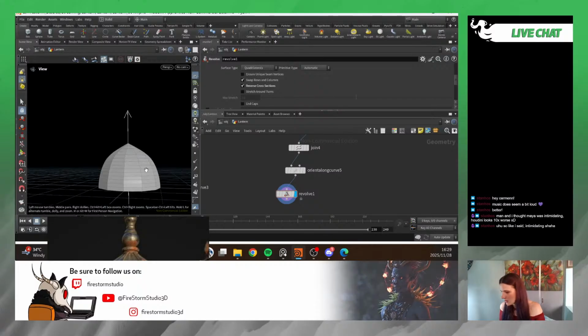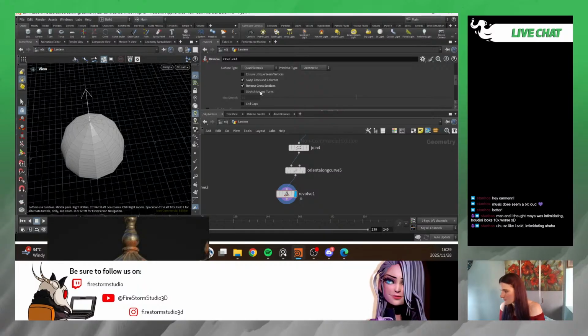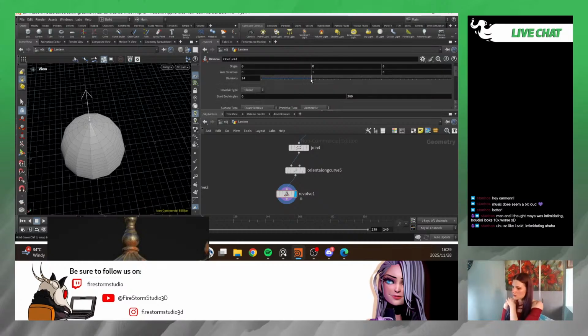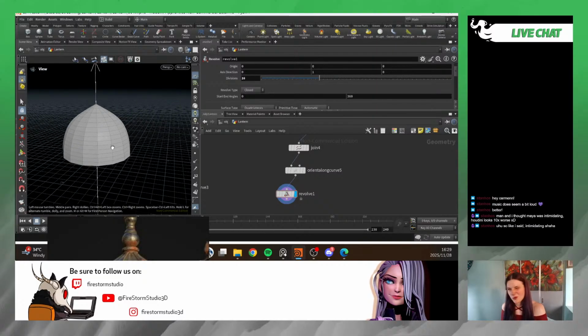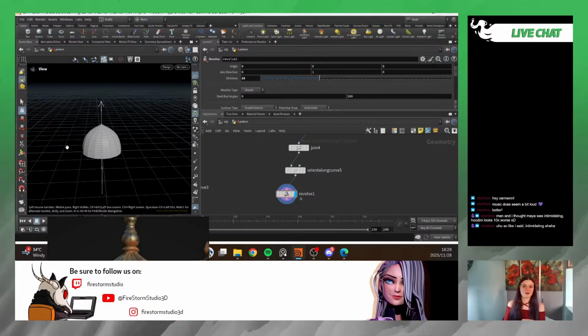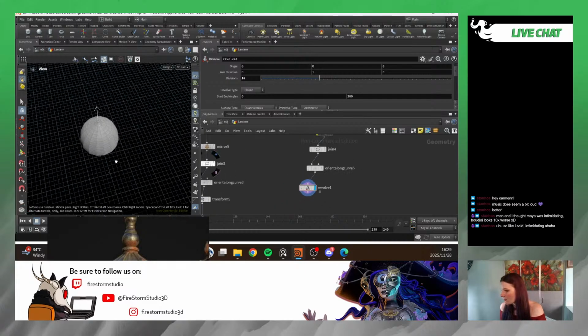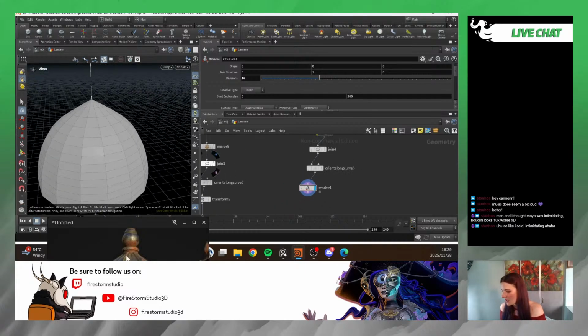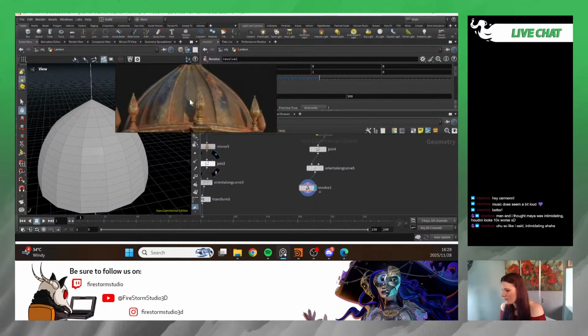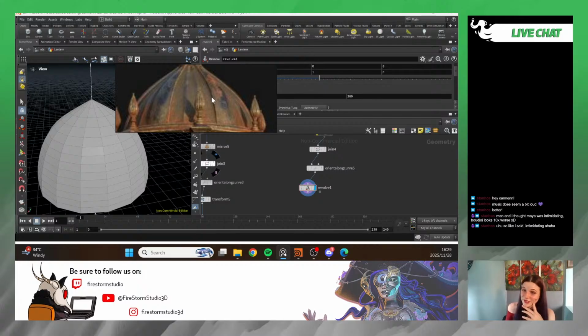We don't actually need that many polygons, but, and I don't like 12 as a number, we're going to go with 16. Because for these types of shapes, I prefer sticking to 8, 16, 32, those types of numbers. Right, so we've got that, and then the next thing is every second one should in theory be selected and extruded. Now, I've done this,